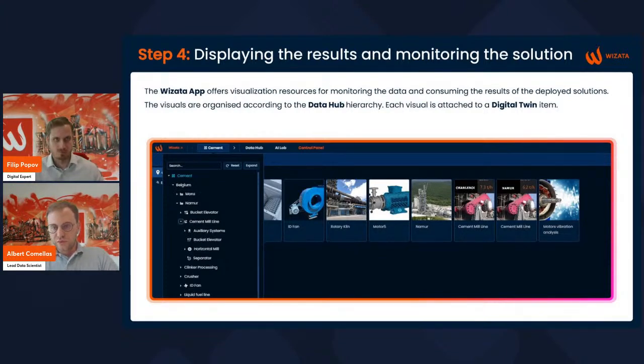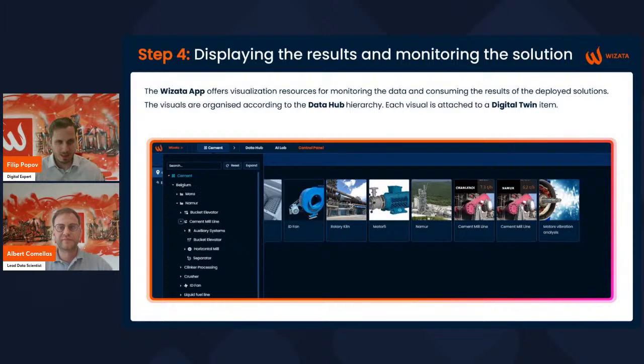So what you see is all the different solutions we have deployed, in this case, in our demonstration platform under Cement. So here you would see in these tiles the dashboards for all the solutions related to Cement. So that's how the information is organized and easy to consume.